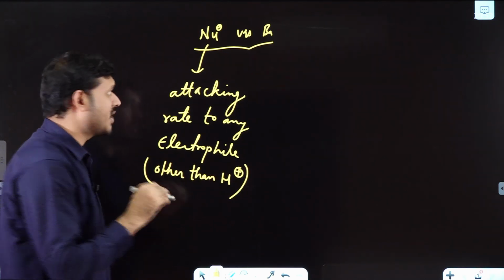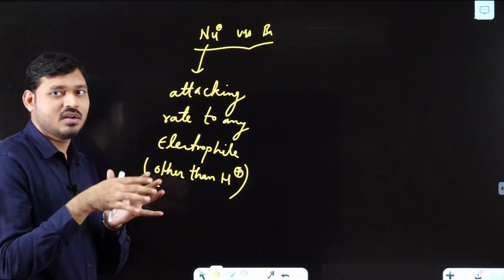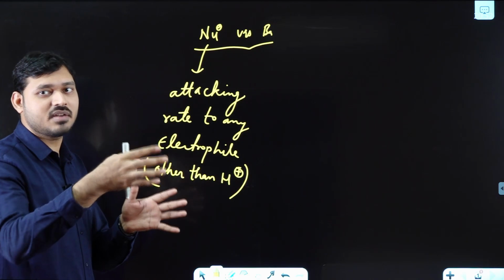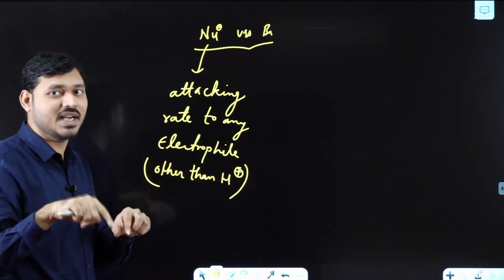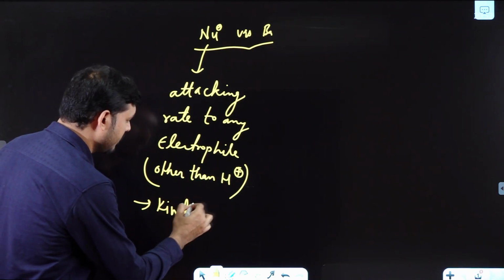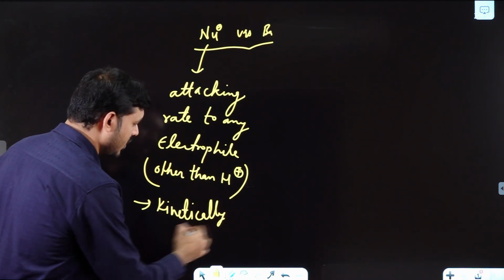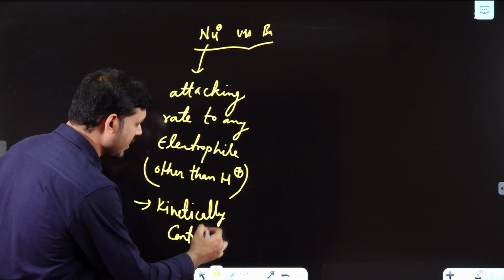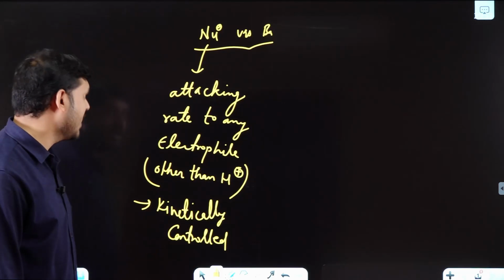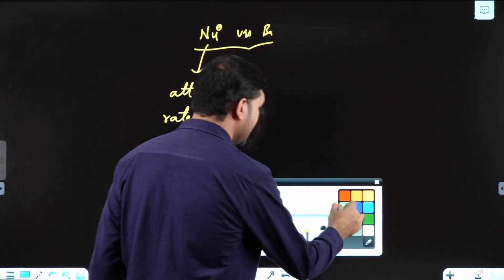Remember, nucleophilicity is about rate, meaning which will react faster and which will react slower. So it is actually kinetically controlled. Nucleophilicity is a kinetically controlled entity, while basicity is about